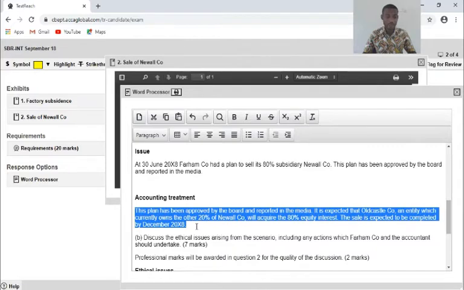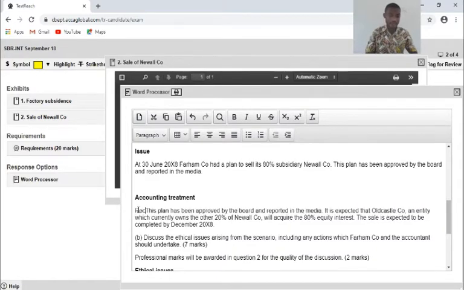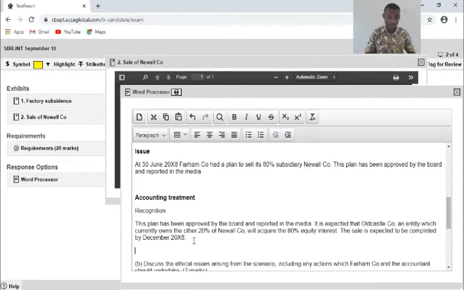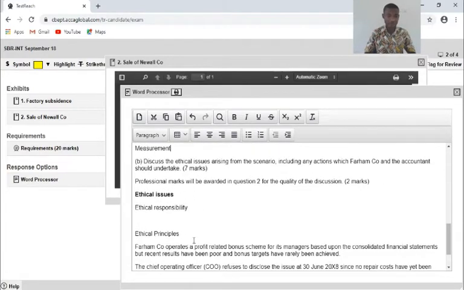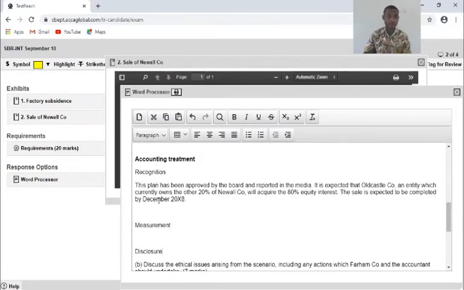So what I'll be doing again under the accounting treatment, I'll look at a heading called recognition, and then after that I'll look at measurement. Those are the accounting issues. And then maybe possibly I can even look at disclosure. So you break it down this way: recognition, measurement, disclosure as the accounting treatment.